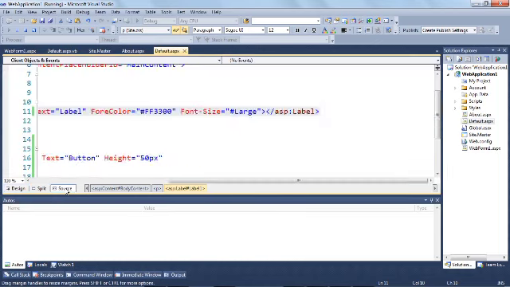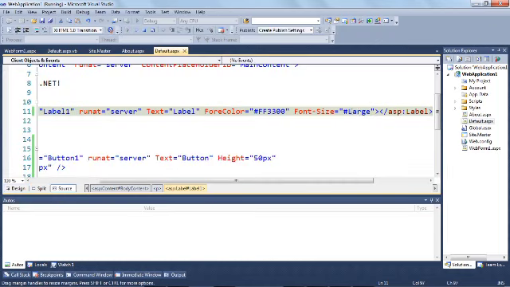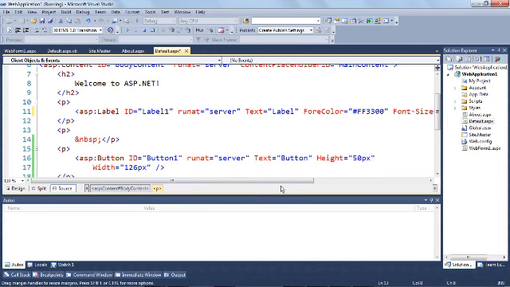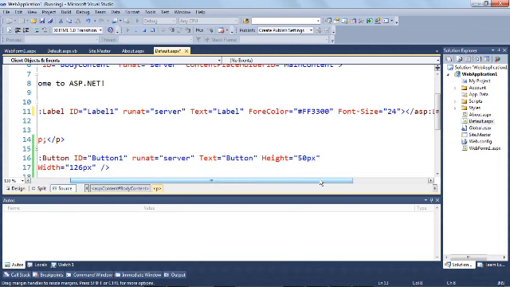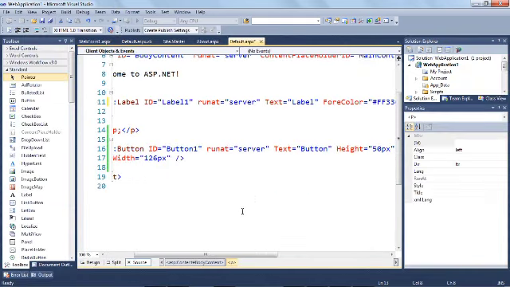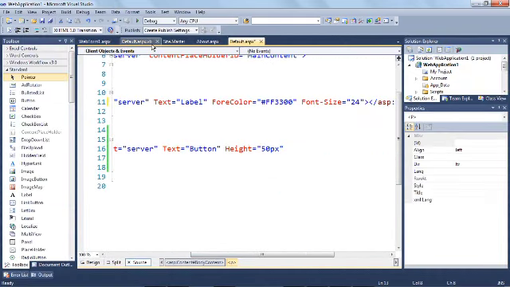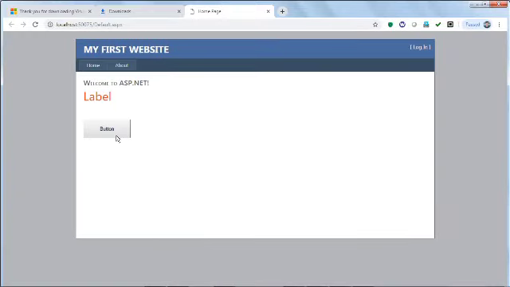So without going to source, okay. So this one is loaded, and in button click, this is our first website, and in button click it will change to our requirement.